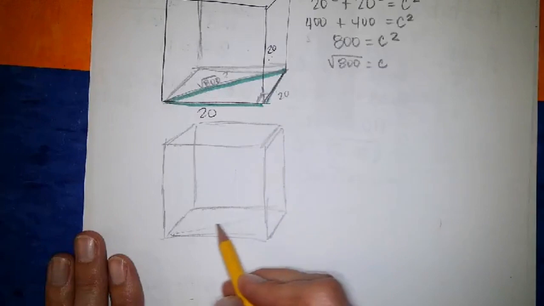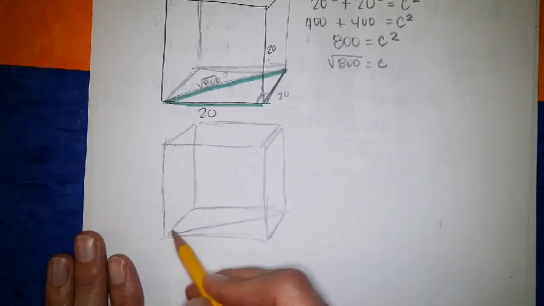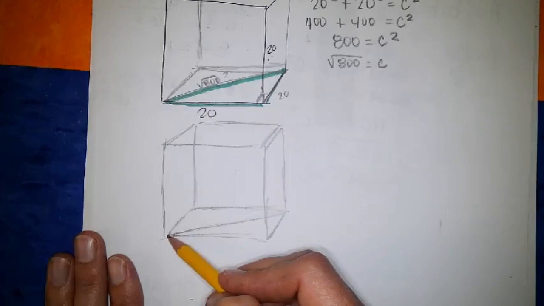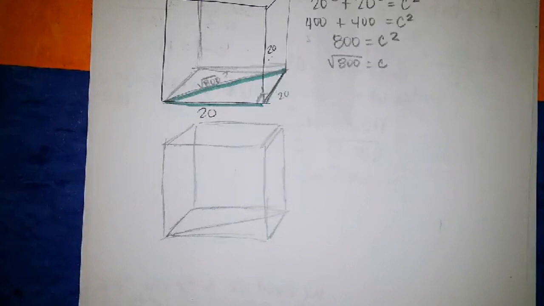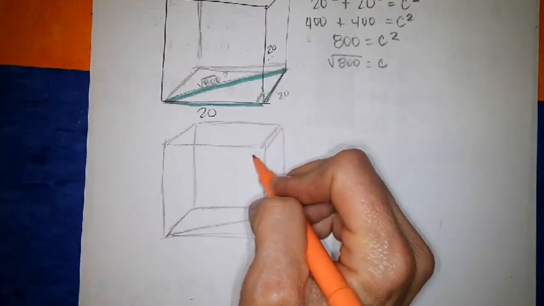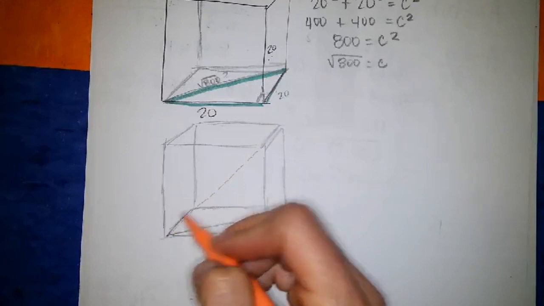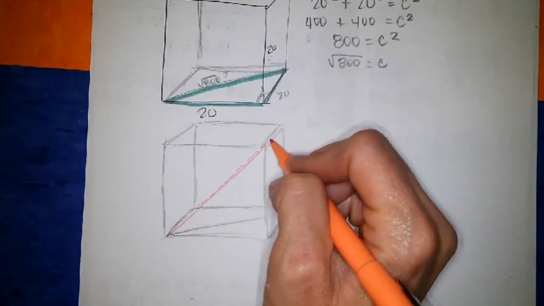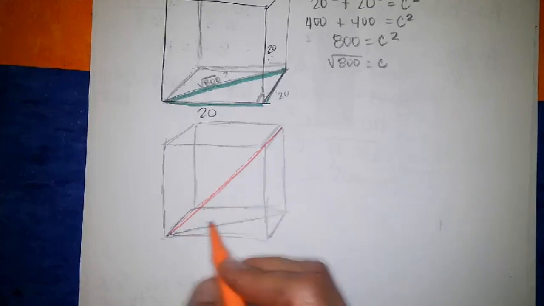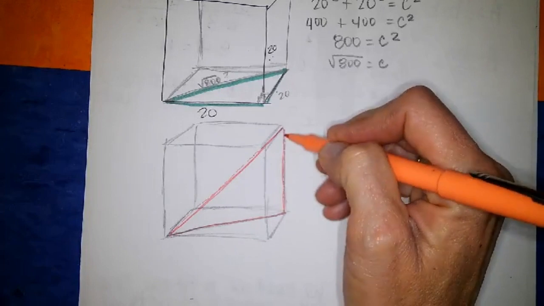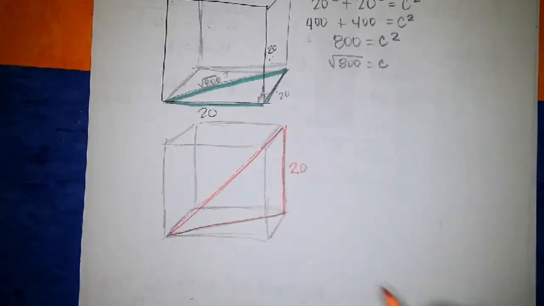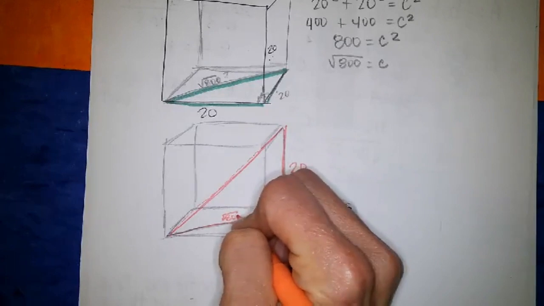We figured out this one because if you think about it, now we need to figure out if the bat's going to fit from here to, I'll draw it a different color. So we're trying to see if that bat's going to fit in the box diagonally. We know this guy and we know this side length because remember this was 20. We figured out that this was the square root of 800. So now we're just looking for this